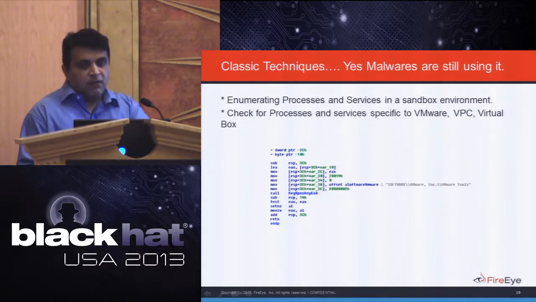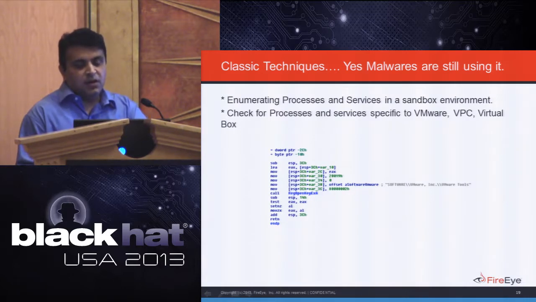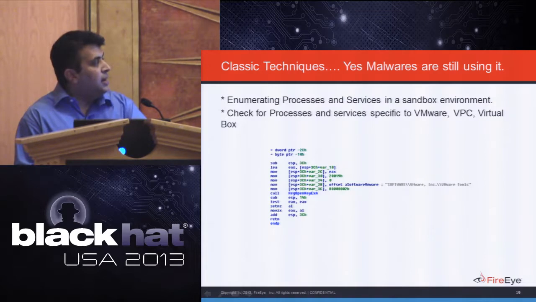So one of the very commonly used techniques is to enumerate all the processes and services in a sandbox, and once the code is able to locate the processes and services which are very specific to VirtualBox, VMware, or Virtual PC,